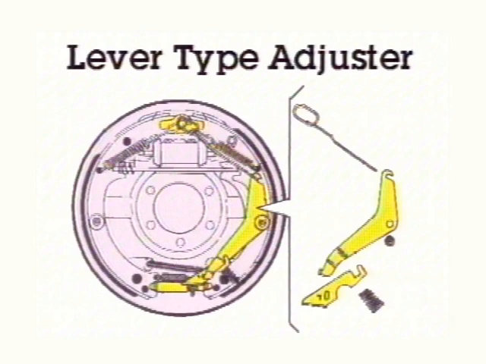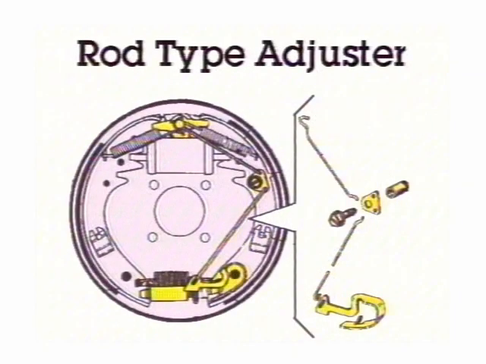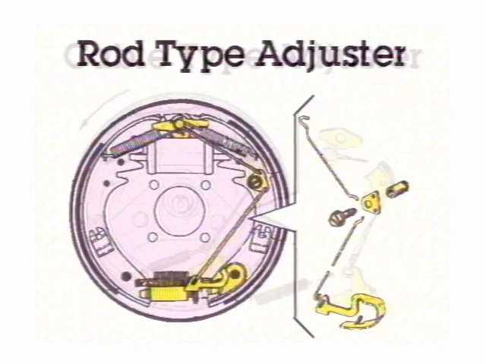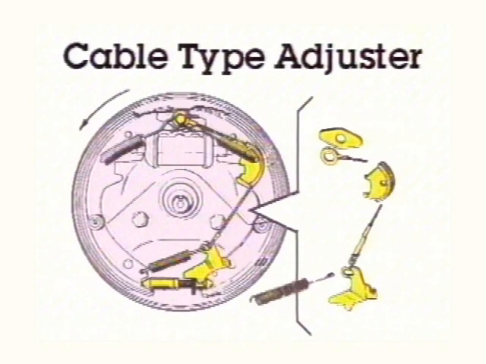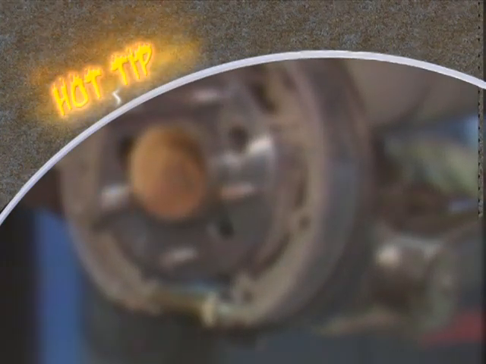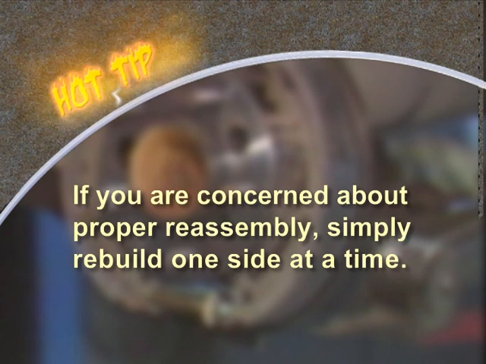Since drum brake designs vary, you will have to modify repair procedures slightly depending on the type of brake assembly. A lever type adjuster and a rod type adjuster require slightly different service methods. However, if you keep your parts organized on your cart or bench, repairs are fairly similar. If you are concerned about proper reassembly, simply rebuild one side at a time. Then you can look at the brakes on the other side of the car as reference for installing all parts